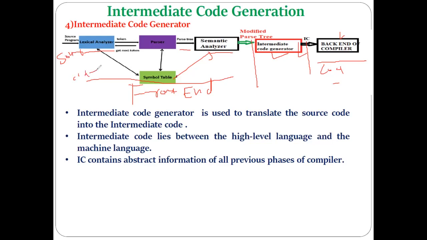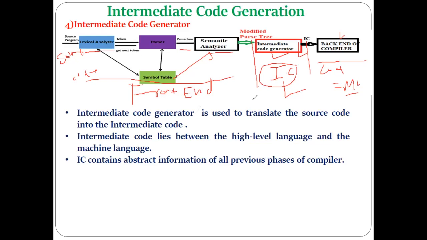When you compile the source code, our aim is nothing but to generate the machine code. But during this processing of converting the source code into machine code by the compiler, some in-between code is generated, the code between the source code and the machine code. That in-between code which is being generated between the source code and the machine code is called the intermediate code. I hope all of you understood why we are calling this code the intermediate code.